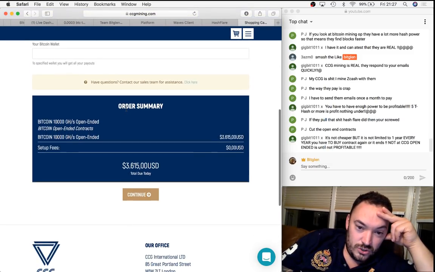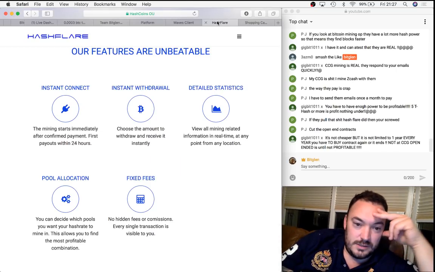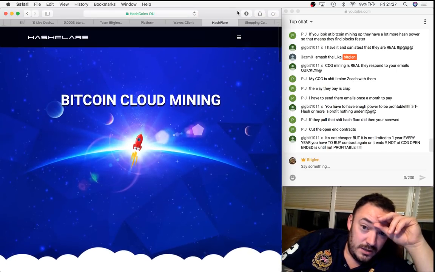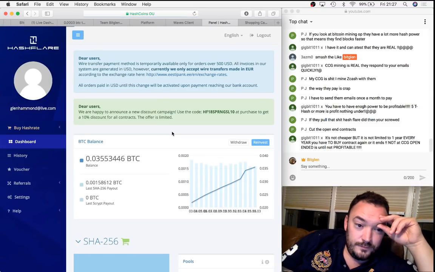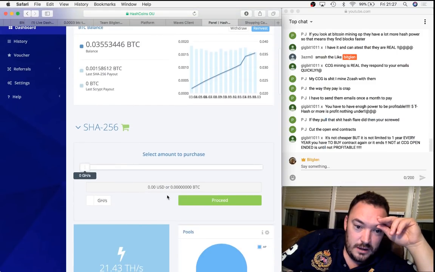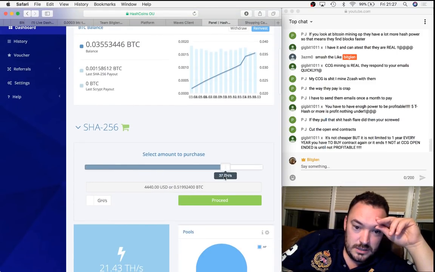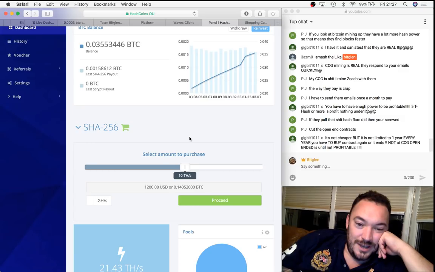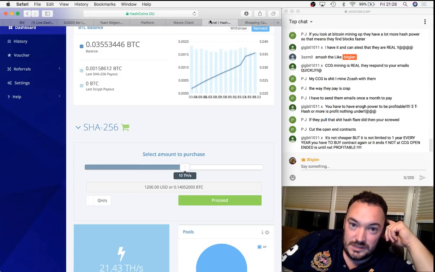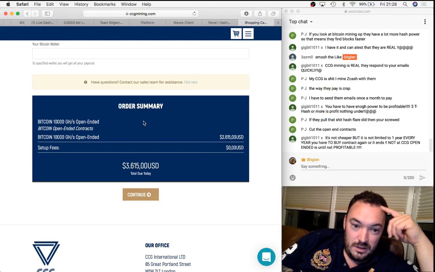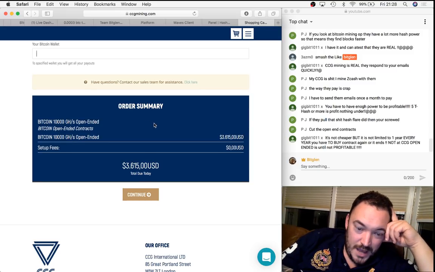and the contract is, well, let's compare it. So if I was to go to my Hashflare account, let's log back in, go to panel, let's buy 10 terahash, sorry. It'll cost you 1,200. Then you get 10% off, so you'd get 120 off that. So it'd cost you 1,080. Whereas if you go to CCG, where did I just put it? You're paying